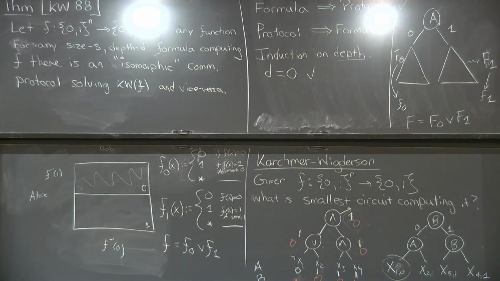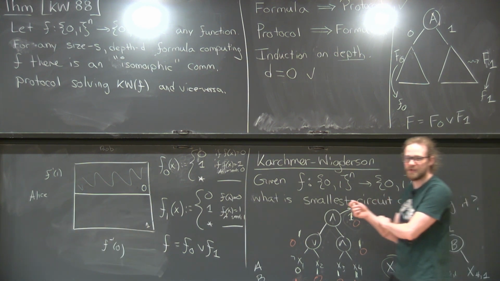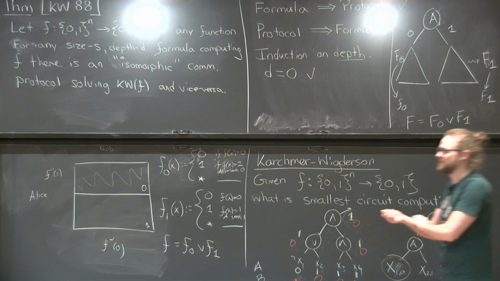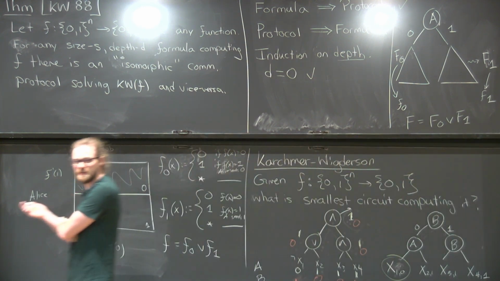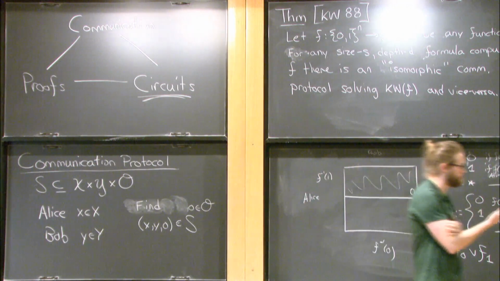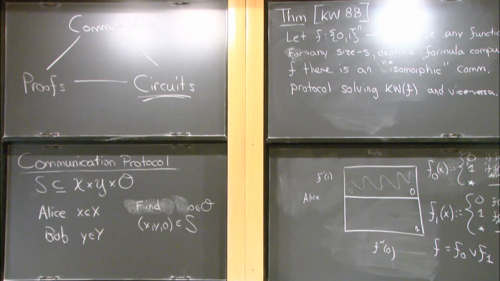Yeah, I agree. They're mathematically equivalent, but that doesn't mean that one is easier to prove things about than the other, right? So I guess a way of rephrasing your point, Avi, is that even though this seems like a very simple result, it's extremely profitable from the perspective of trying to understand what's going on with these things. It's very useful for trying to prove results because somehow communication protocols are easier to think about from a top-down perspective than circuits are from the bottom up.